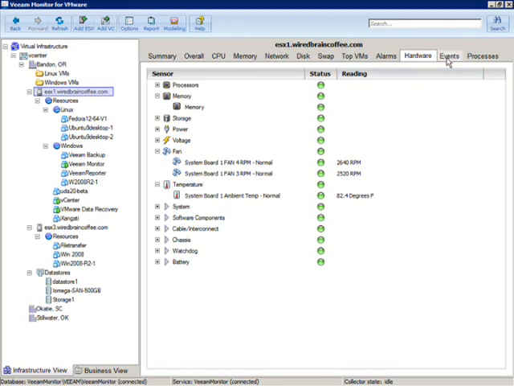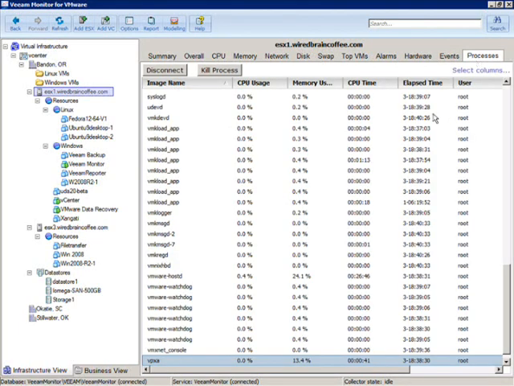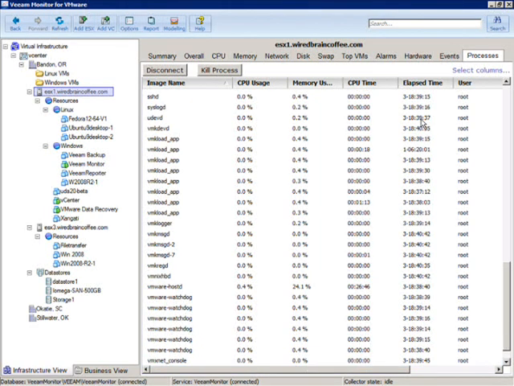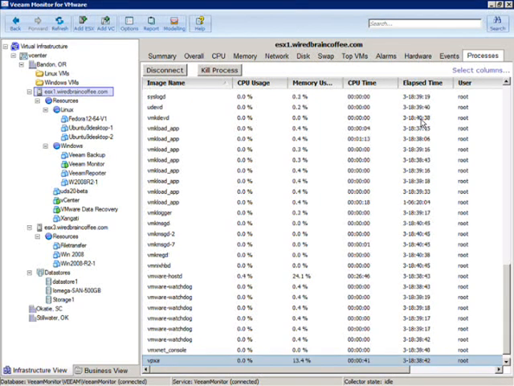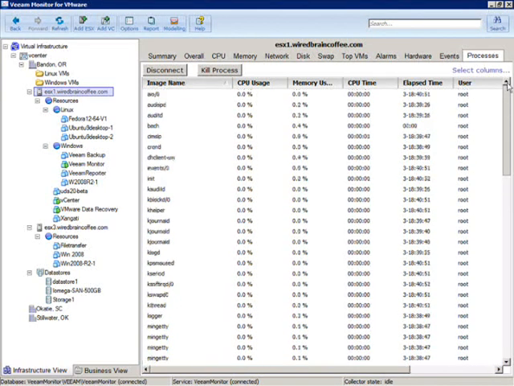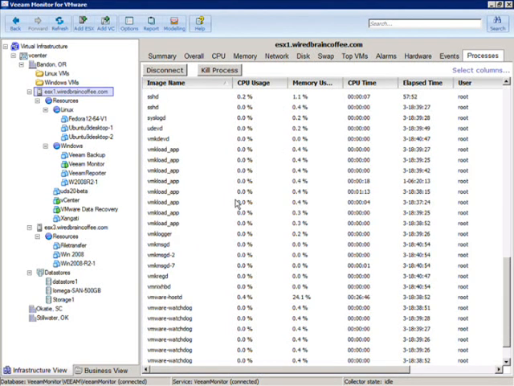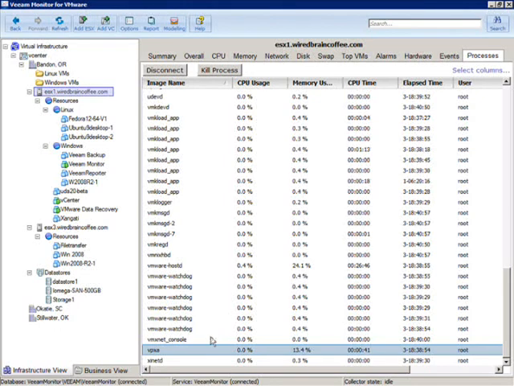There's also event information and then finally process information about the ESX server host. So to log into this, you'd have to provide the credentials for the service console on that ESX server host. And here you can see that I've sorted it by image name. If we scroll up to the top, there's information on all the Linux-based processes running on the ESX server host